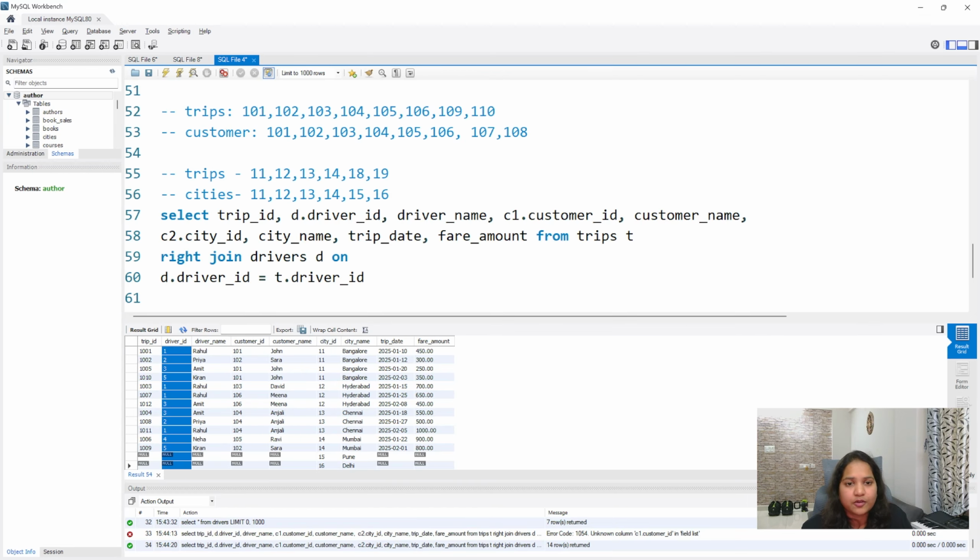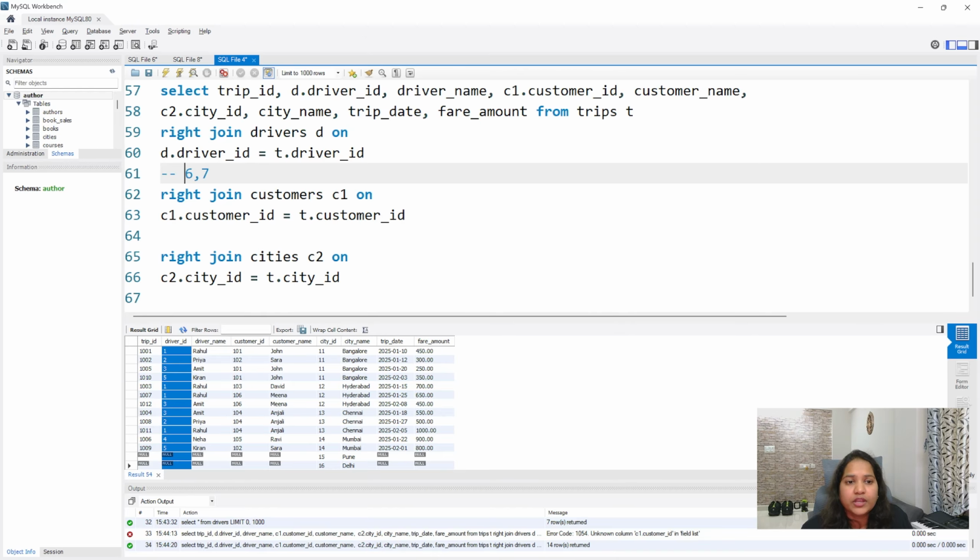The reason is that first, when you're doing a join, it will consider the drivers table as the main table. So it will say I have to match everything, so this particular code will give the 6 and 7, with null values.